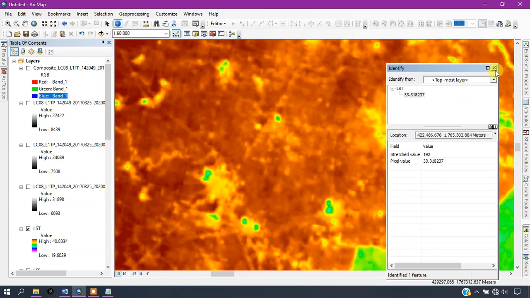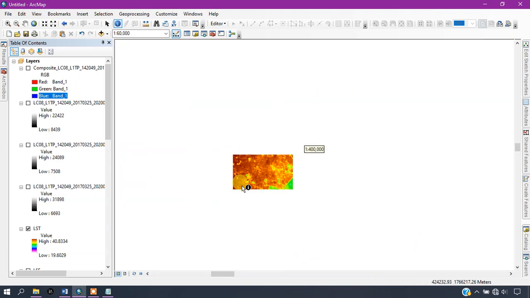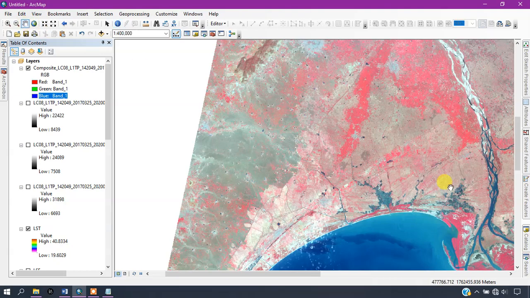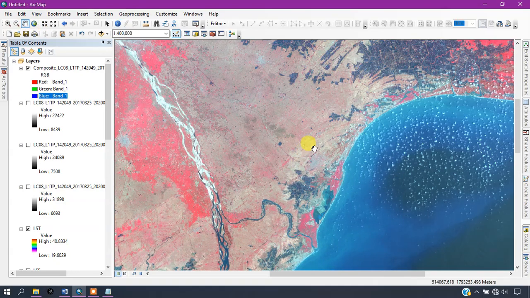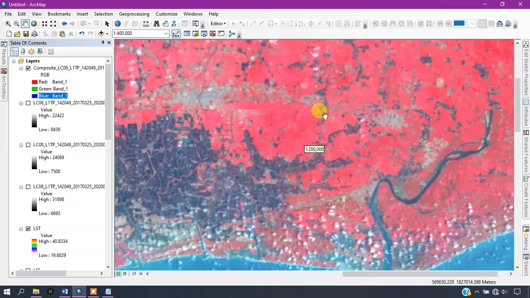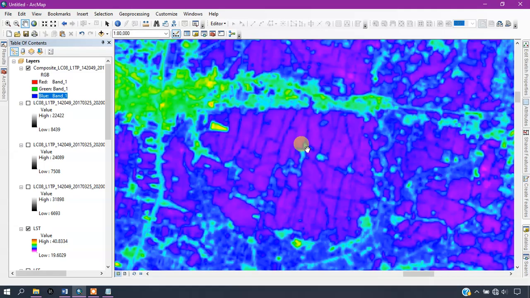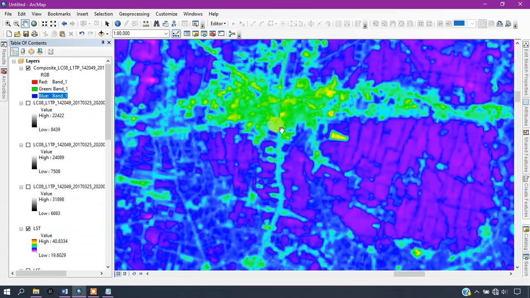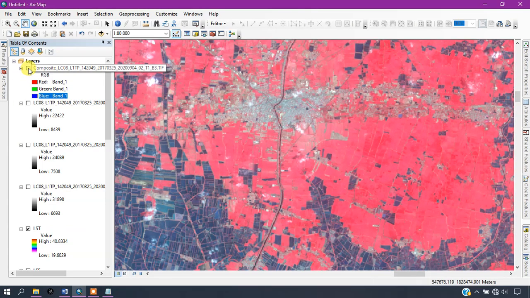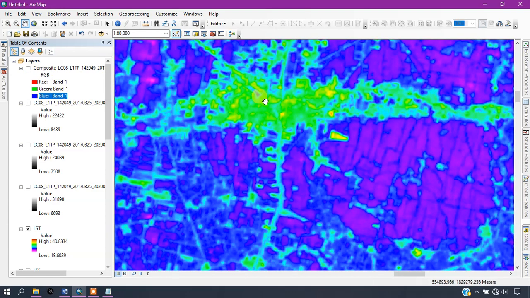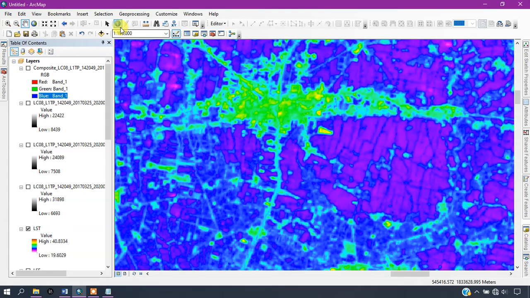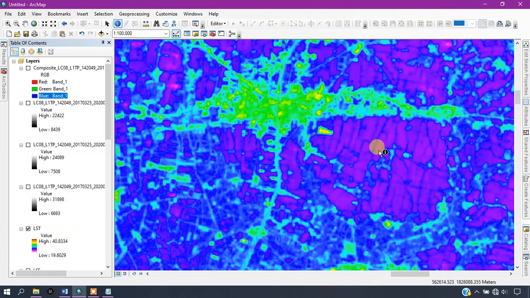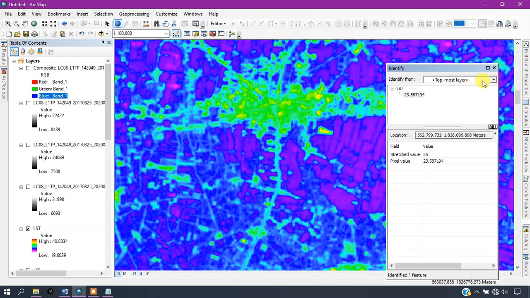This has a higher temperature. These are settlement areas. And now we are going to go to the agriculture fields too. So you can see here, these are the agriculture fields and this is the settlement region. You can easily find the difference here. You can see here the difference. So this region is coming around 29 and you can see the agriculture fields are around 23 degrees Celsius.